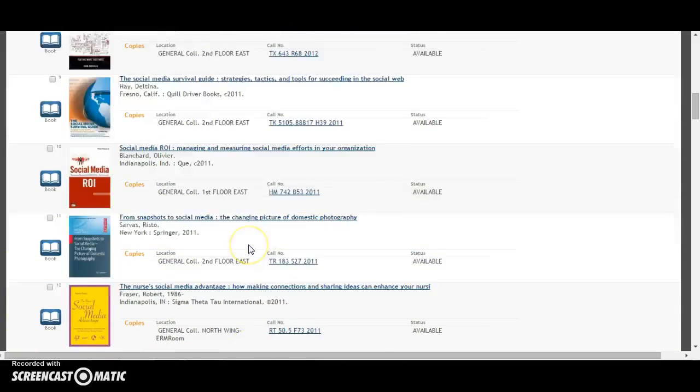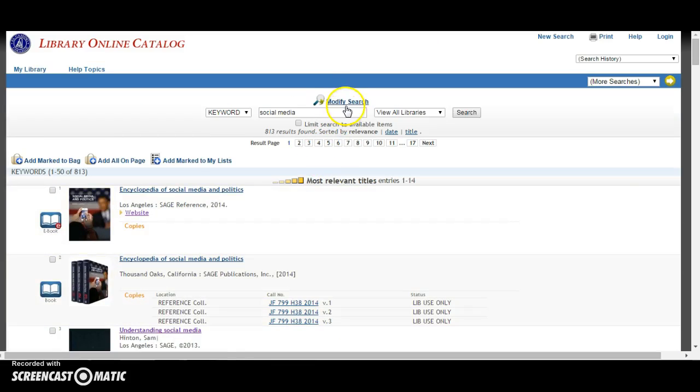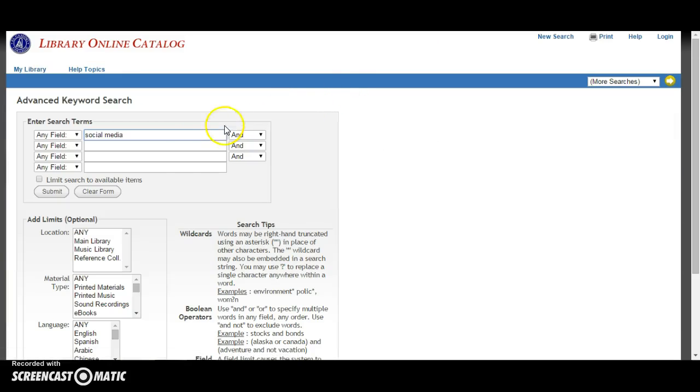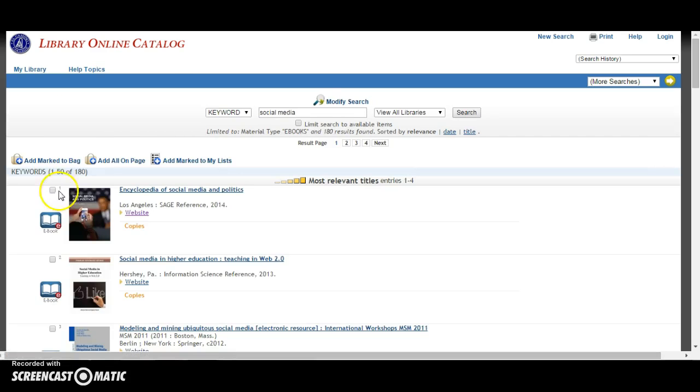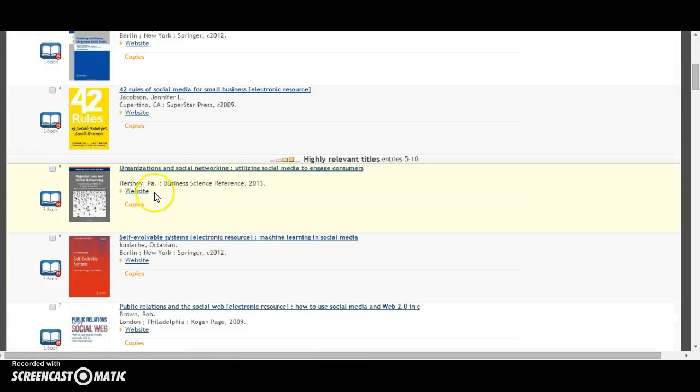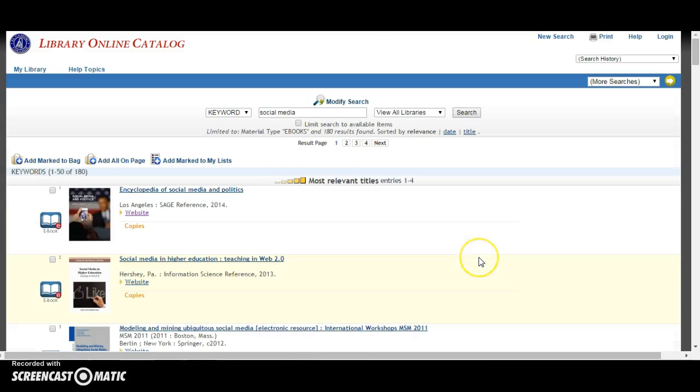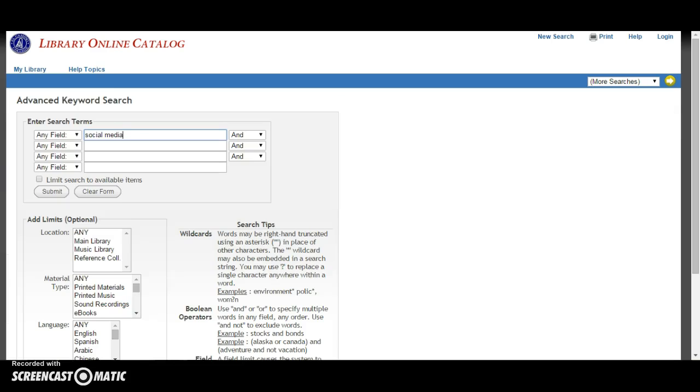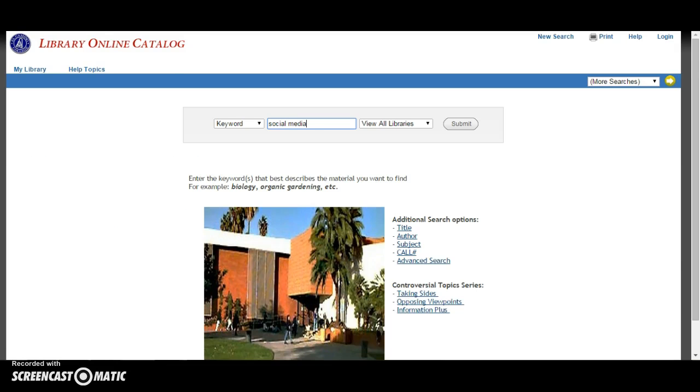Now, if you just want to restrict your search to only ebooks, which you can do, click on Modify Search, and then you go down here, and it says Material Type. Click ebooks, and then you can click submit. And we still have quite a lot of sources, 180 to look at. So these kinds of sources will count as your book source for the research project. So there we are. Let's go back a few pages to the